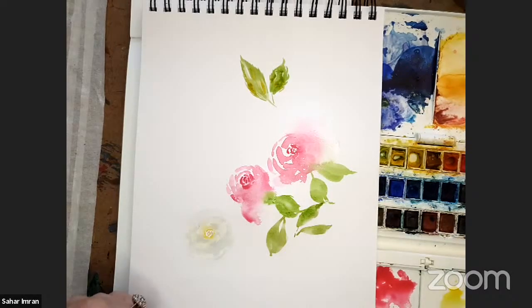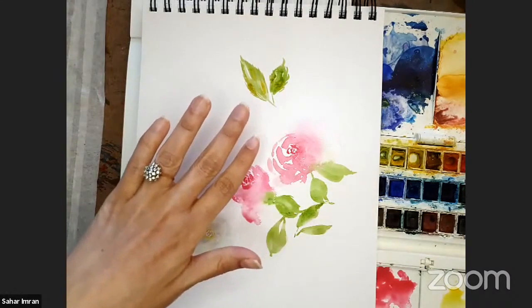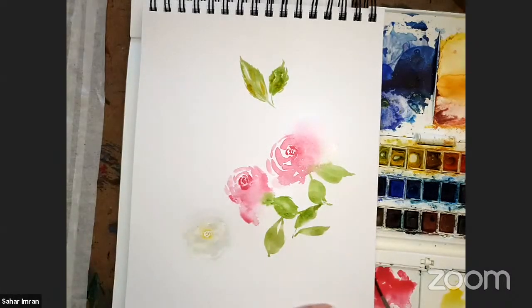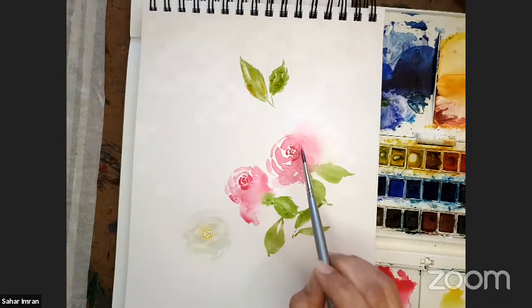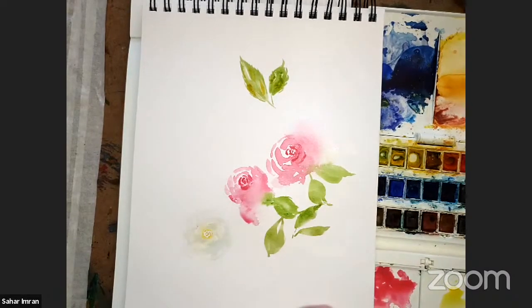Thanks. I'm using it just to speed up the process. I don't usually use it that often because I just leave it to dry on its own. And watercolors dry very quickly, so you don't have to worry about that. If you have time, then you just leave it to dry on its own. And right now, to give it some definition, I can either just go back with more paint on my brush to add the dark lines,